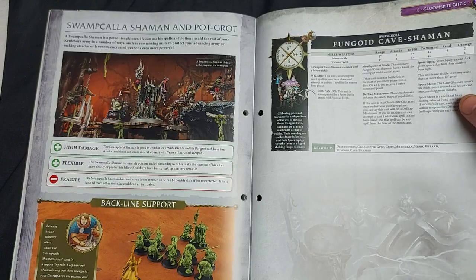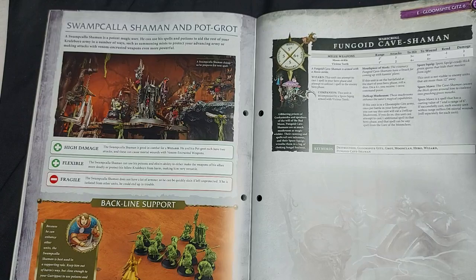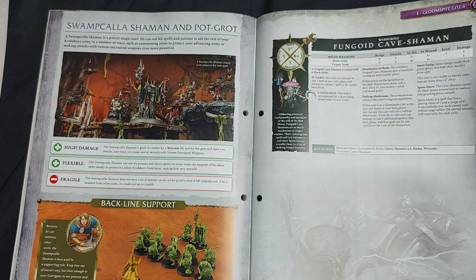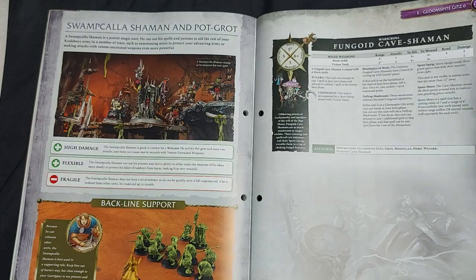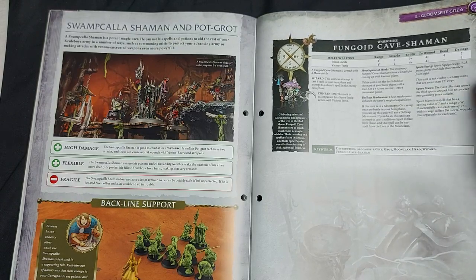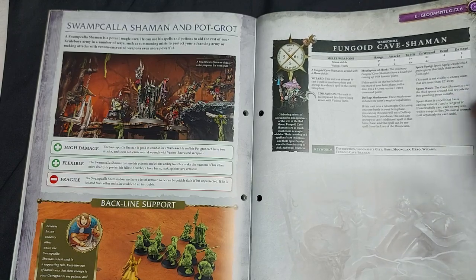He has a Deathcap Mushroom, so if this unit is in a Gloomspike Gitz army, once per battle in your hero phase, he can say he will eat the Deathcap Mushroom. If he does, this unit can attempt to cast an additional spell, but it must be a spell from the Lore of the Moonclans. So the Spore Squig, which helps cloud him from enemy vision, and Spore Maws, so this is his